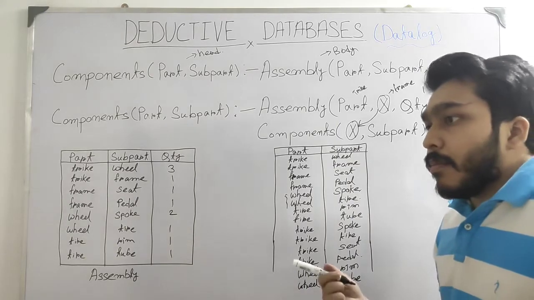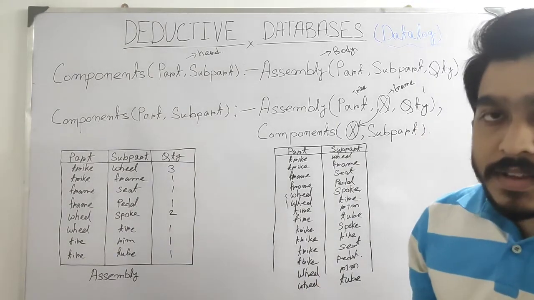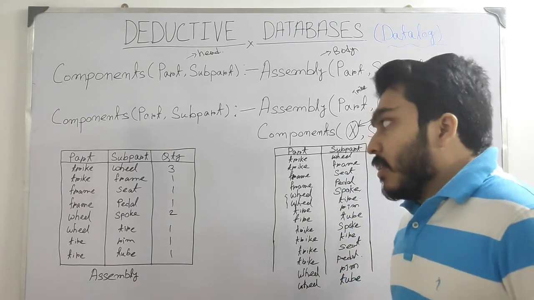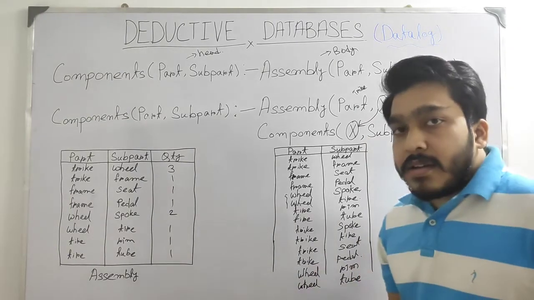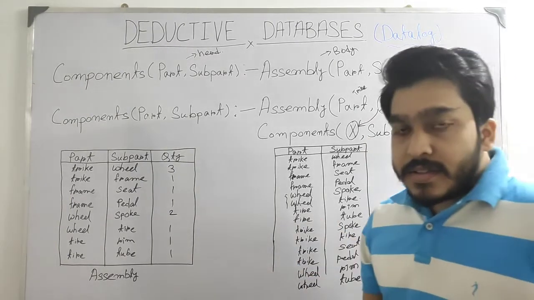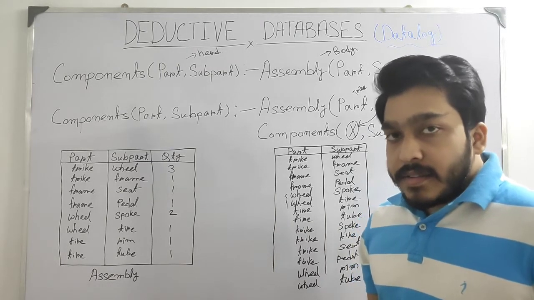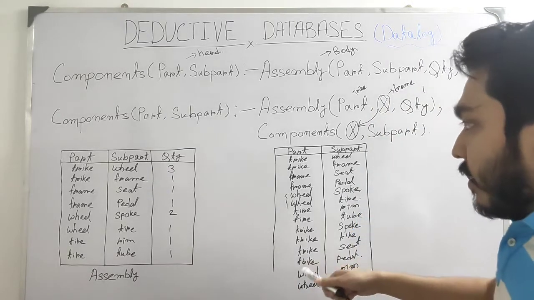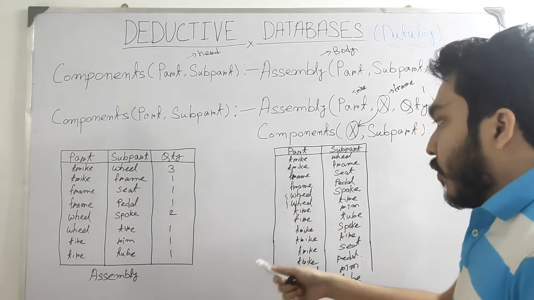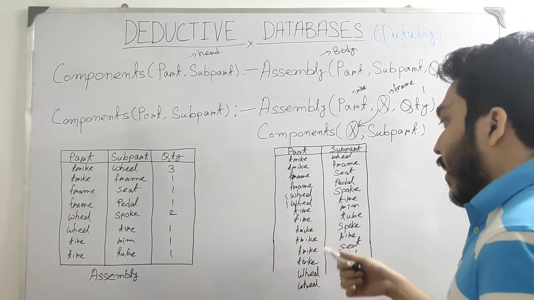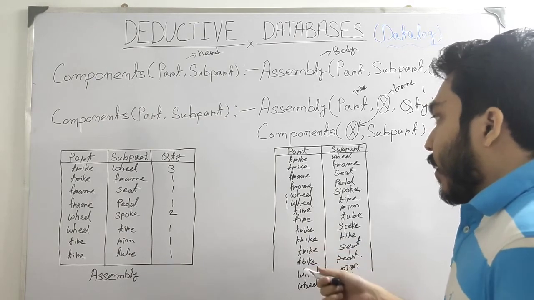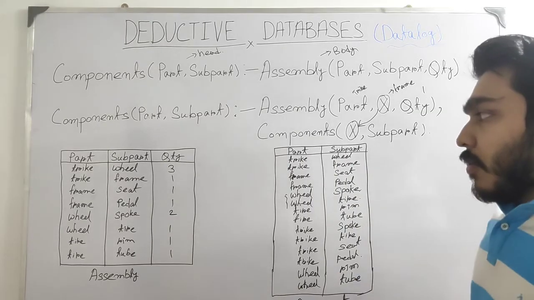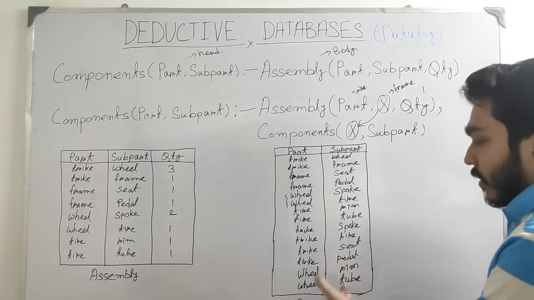Because in recursive relations, there should be a breaking condition, and we need to define the breaking condition. So for this type of Datalog, the breaking condition is when the set of tuples generated in the last iteration and the set of tuples generated in the current iteration are the same, then we stop. If I try to iterate over it again, we cannot find any new tuples being generated, so we need to stop here, and this will be our final result. Now our objective is satisfied by this component relation.